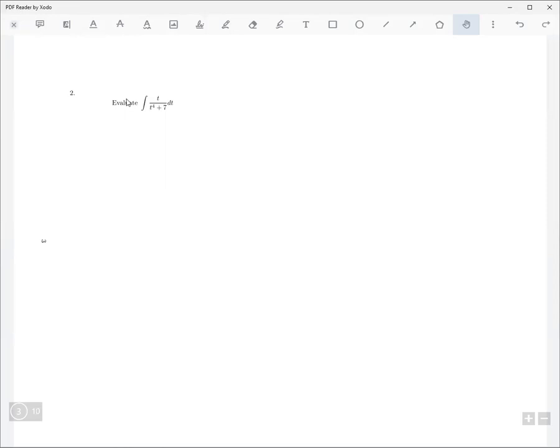Or would by parts be better? I'm trying to think. Partial fractions. What does the denominator factor into? It doesn't factor into anything that's very nice, but